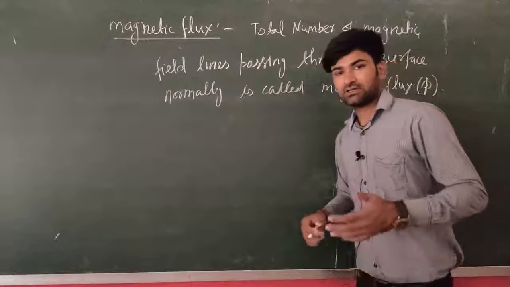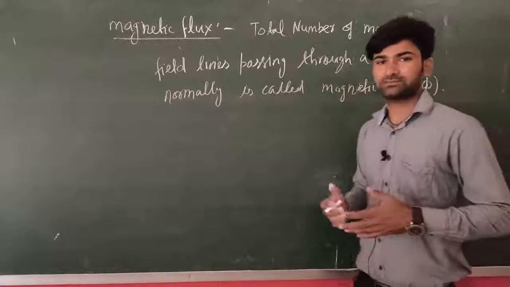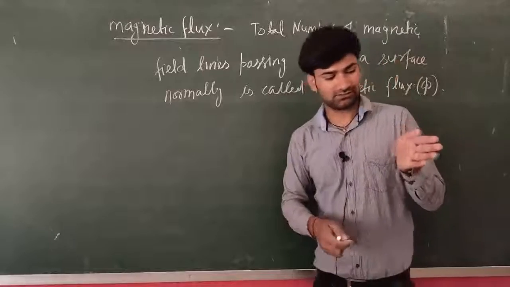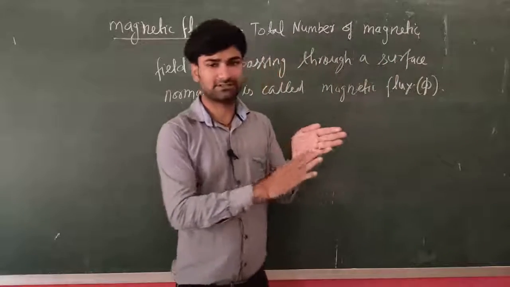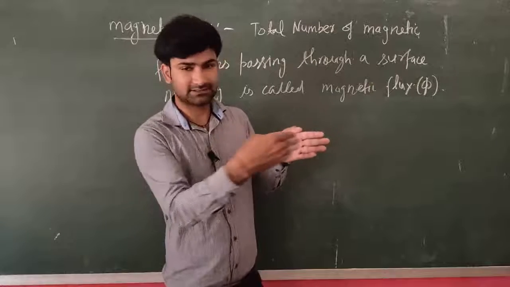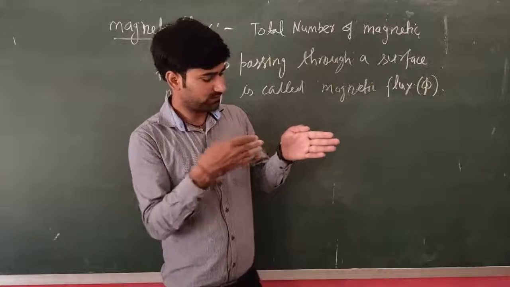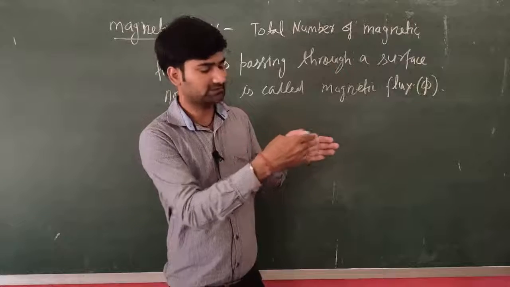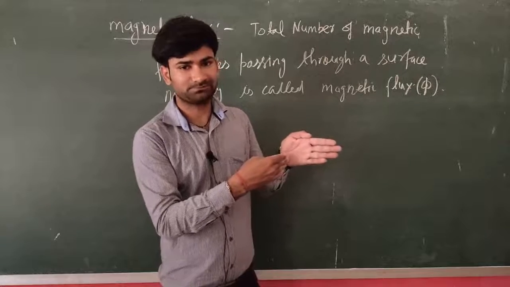it means the number of magnetic field lines passing through a surface normally. Suppose this is a surface and magnetic field lines are passing like this, then the total number of magnetic field lines passing this surface normally is called magnetic flux. Okay,